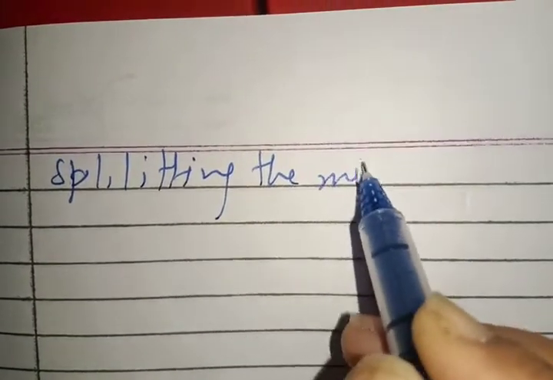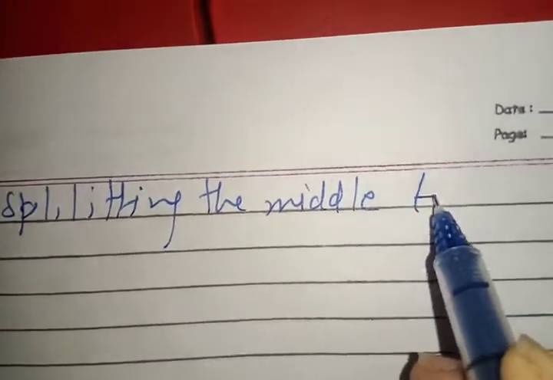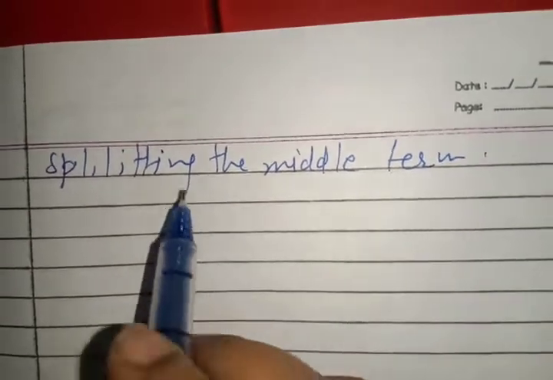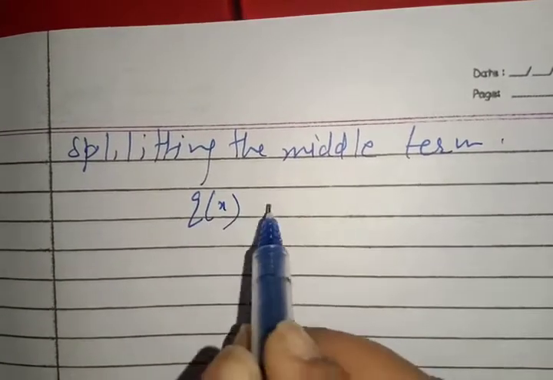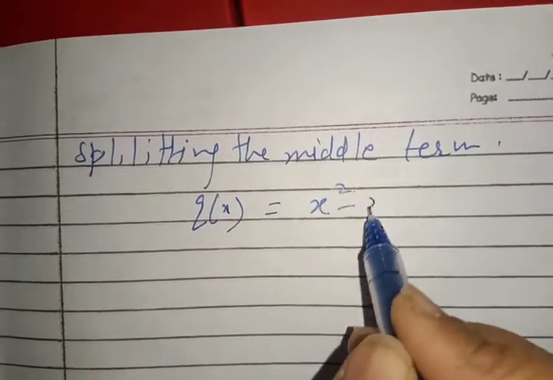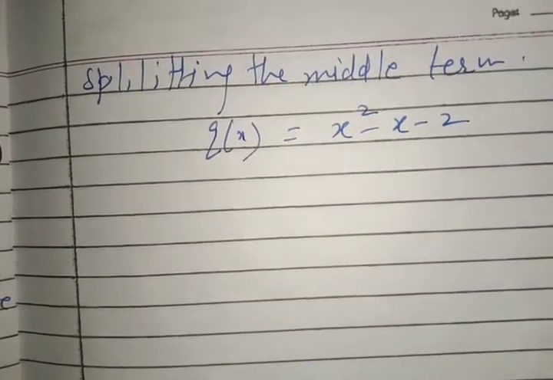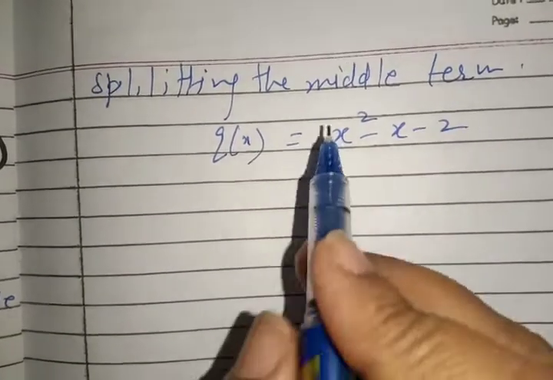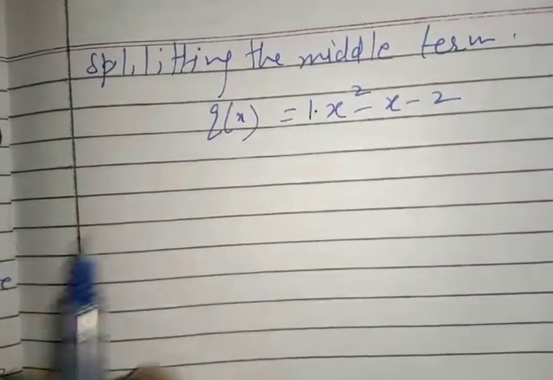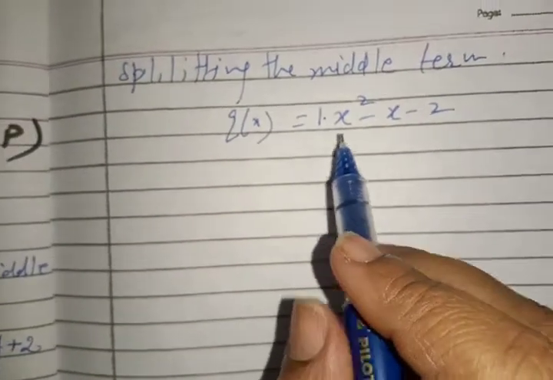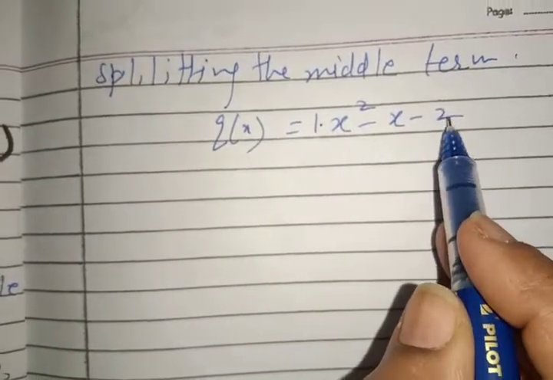Now we will pick up this polynomial. Third step, splitting the middle term. For the third step, you can write a heading also so that you can remember what we are doing. Splitting the middle term. This is, you can write Q because it is the quotient, so you can name it. Now we need to factorize it by splitting the middle term. That method I am telling you again, even though I have explained it in my previous videos.